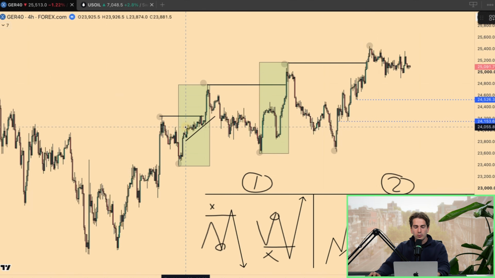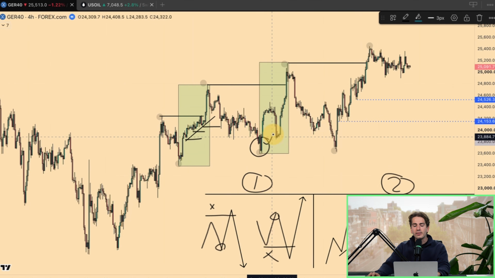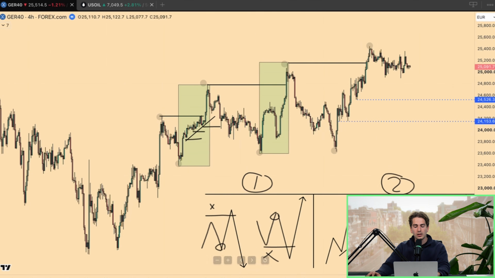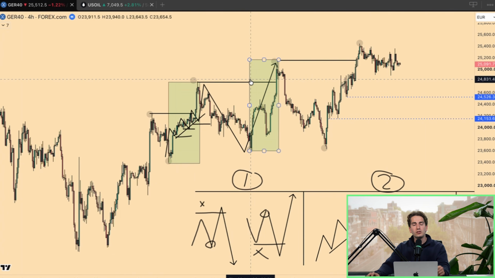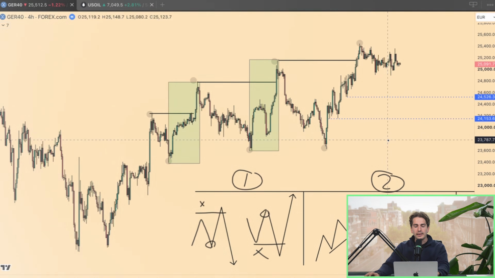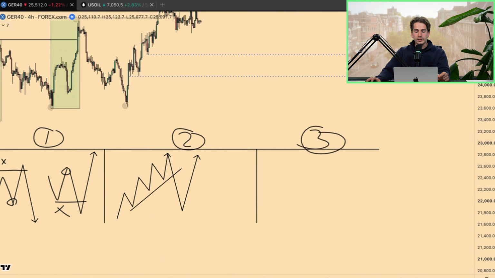What does the market do? It takes out this low, this low, this low, all of them together, and then the actual continuation towards the upside takes place, forming all of those continuous higher lows. At some point in time, they all get taken out, and then the real continuation trade towards the upside takes place. Now, the final form of liquidity is maybe also one that a lot of you are familiar with,